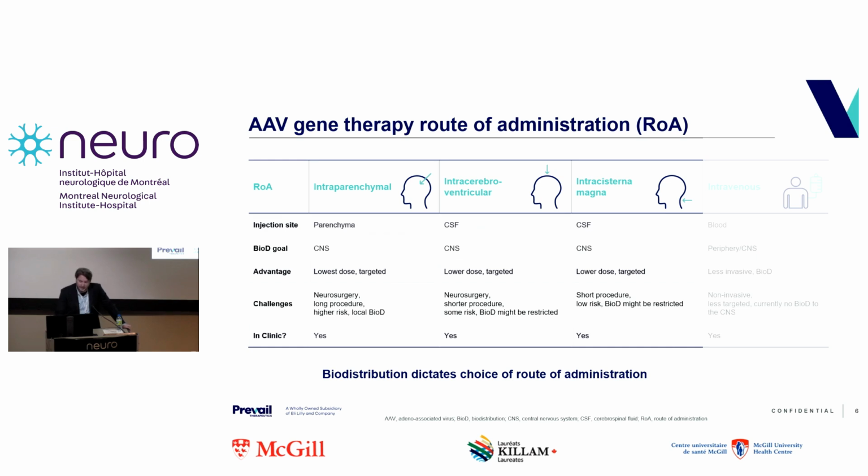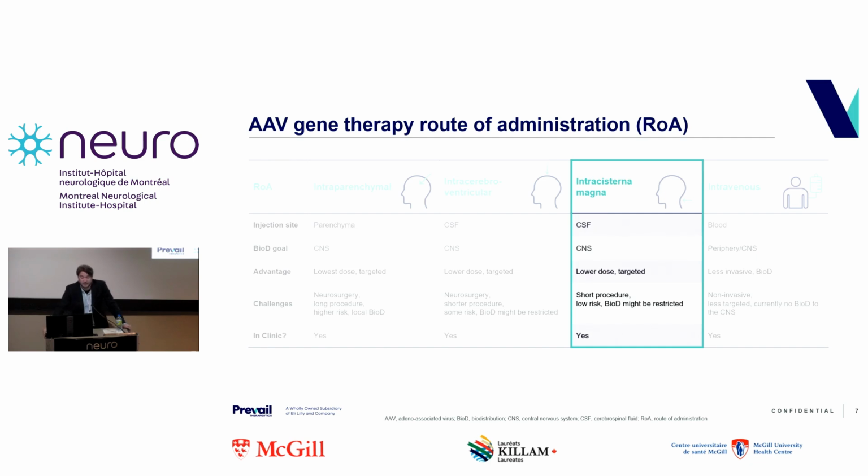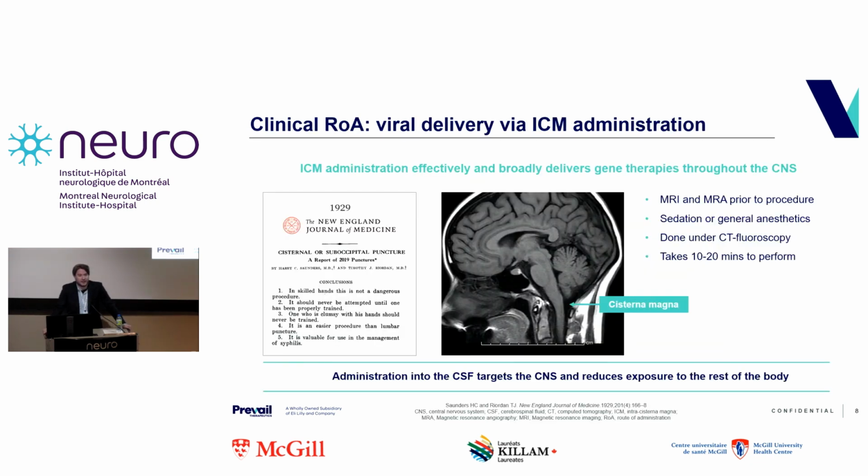I do want to highlight the intracisterna magna, the ICM, because this is a relatively short procedure, and a little bit of an explanation and background to this. It is a procedure, the ICM administration, that effectively and broadly delivers your therapeutic gene throughout the entire CNS. And if you look here, this procedure was described 100 years ago, 1929, in the New England Journal of Medicine,